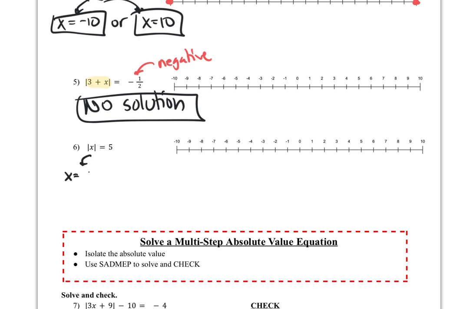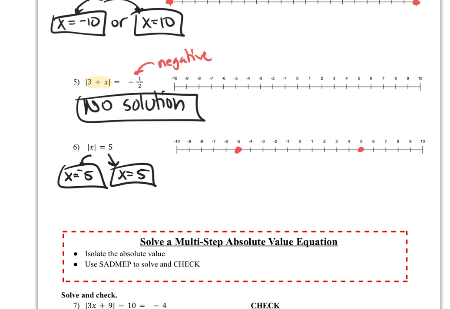Good. X equals negative 5. X equals positive 5. Again, nothing much there. Go put a dot on both positive 5 and negative 5. All right? So those were simple one step, and you notice all of these examples, 1 through 6, I had